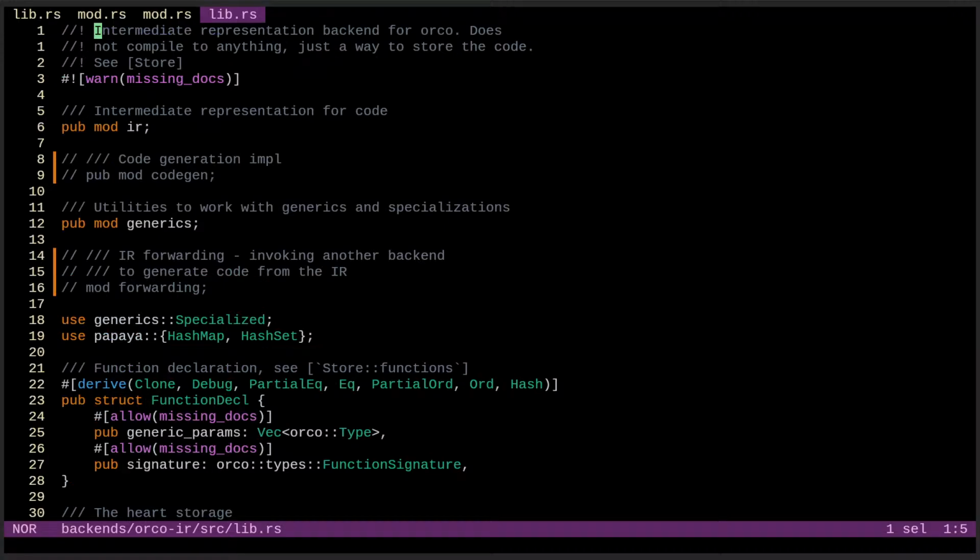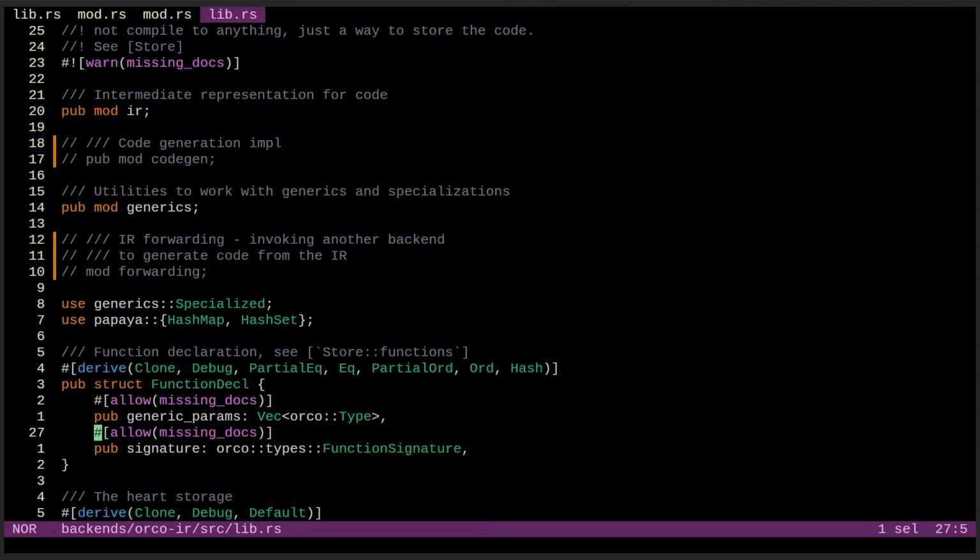So store. A bunch of issues with this, right? So what was the generic stuff? Specializations. Do we monomorphize specializations? This sounds so weird. For generics we do monomorphization, but some generics we keep generic.